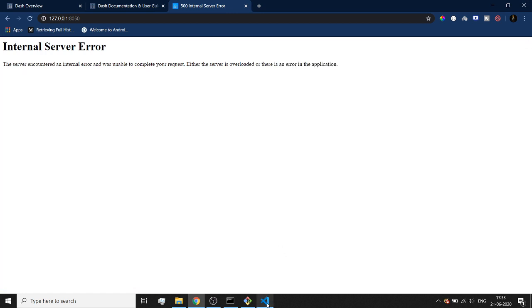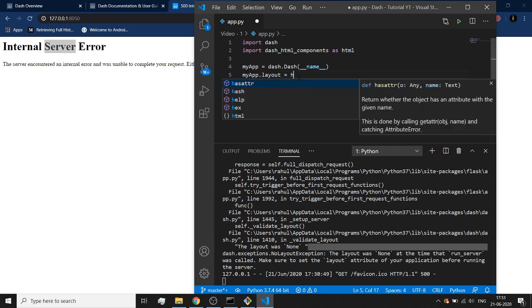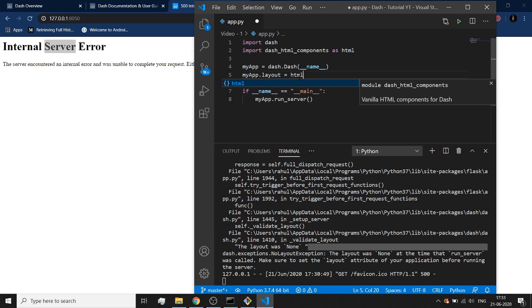Okay, so if I need to make something like this, I just need to call a class called h1. H1 stands for header 1. All of these things will make sense as you progress through this set of videos. So what I need to do is make a division. And what does division mean? Division is a logical set of blocks, or rather a block which holds your application.